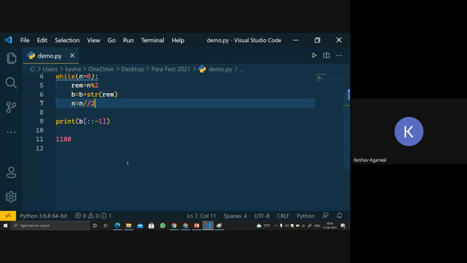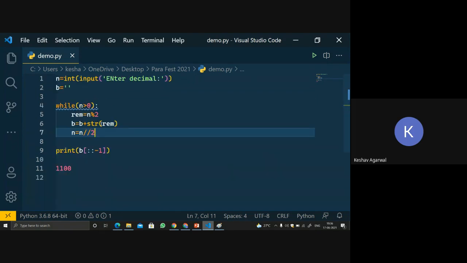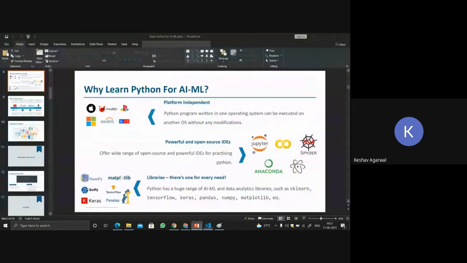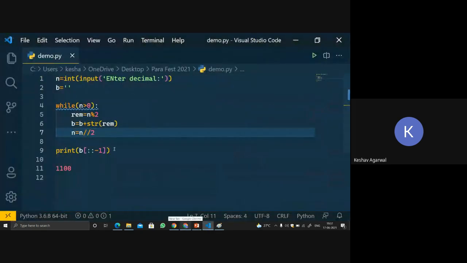Let's keep it this way. First, we will store each remainder in the form of string. We'll concatenate it, and then we will reverse print it, because we are getting the last digit first, so we will reverse it in this format.